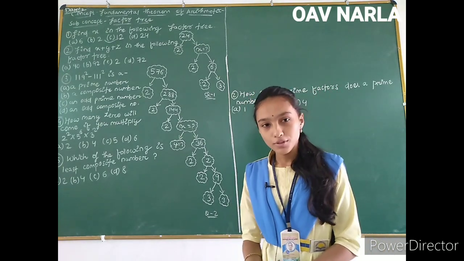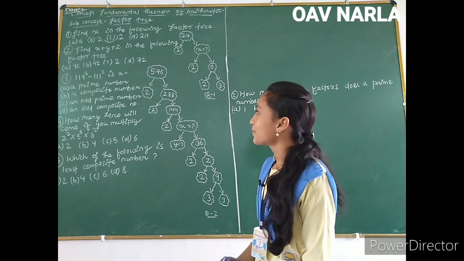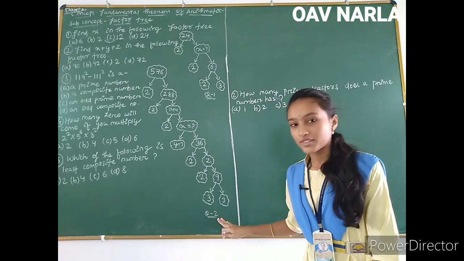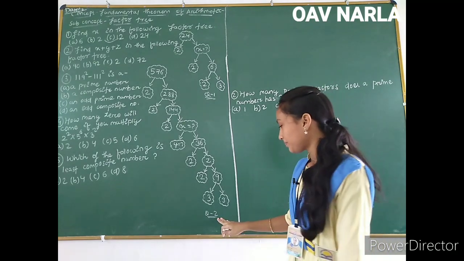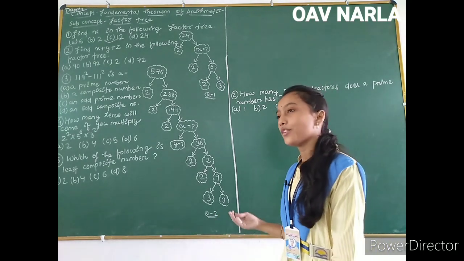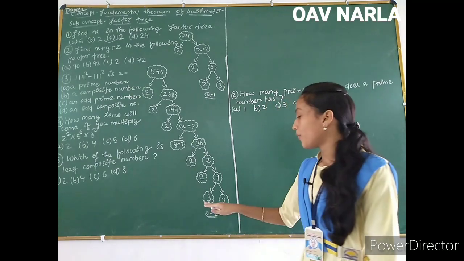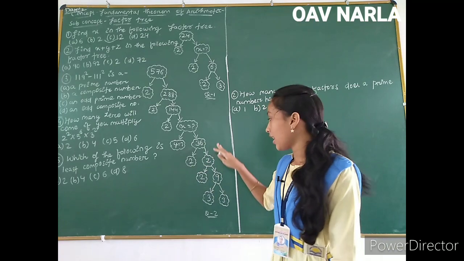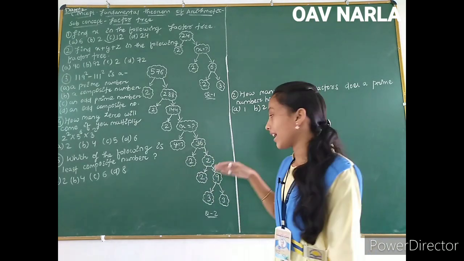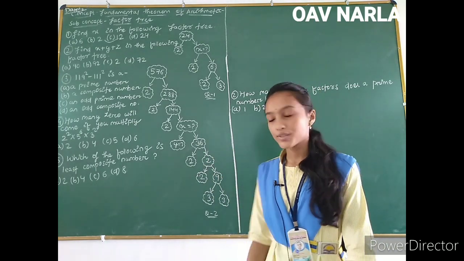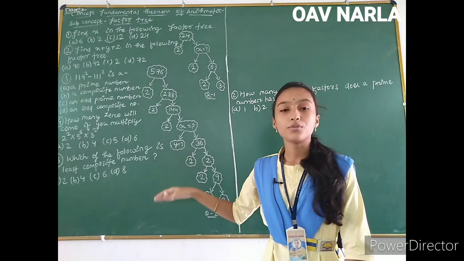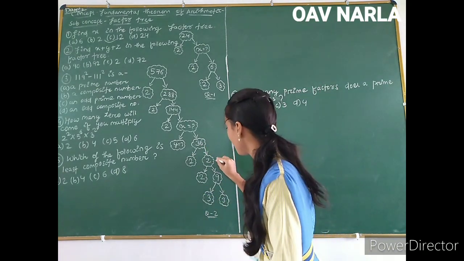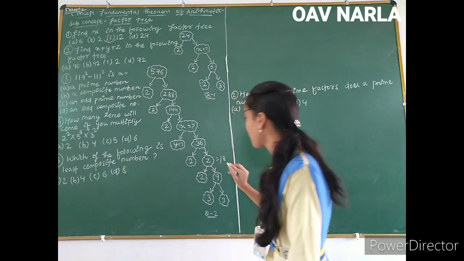Let's move on to question number 2, which says, find x plus y plus z in the following factor tree. This is the factor tree of question number 2, and let's find out the values of x, y and z. When you multiply 3 with 3, we get 9. 9 with 2 gives us 18, and just check whether 18 is the half part of 36 or not. Yes, of course. When you divide 36 by 2, it gives 18. That means the value of z here is 18.